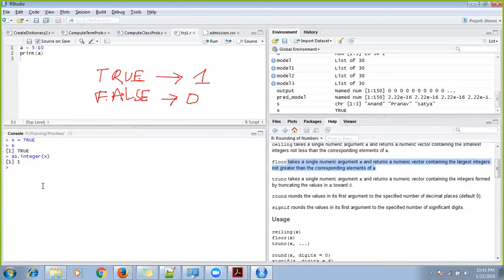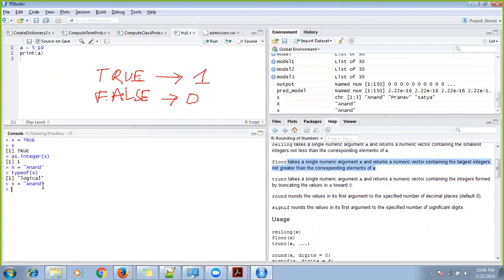But for example, let's say x is Anand. So x is a string, right? So typeof x is character. Sorry, I stored it in capital X, small x. So now typeof x is character.